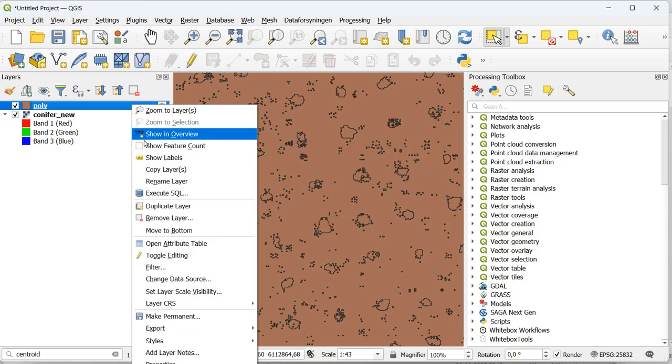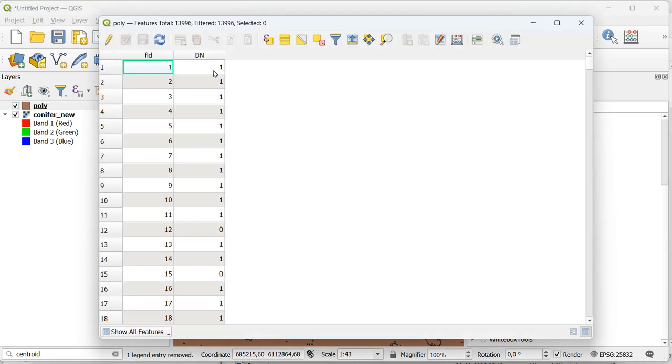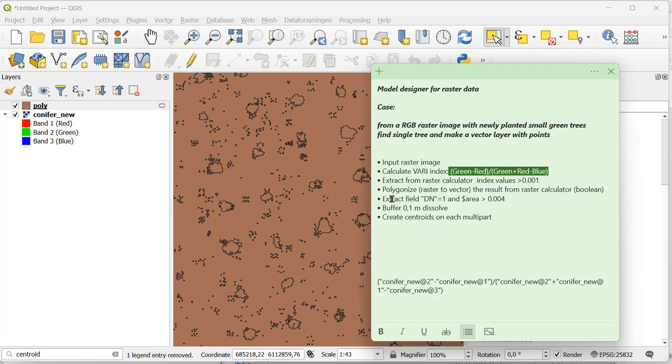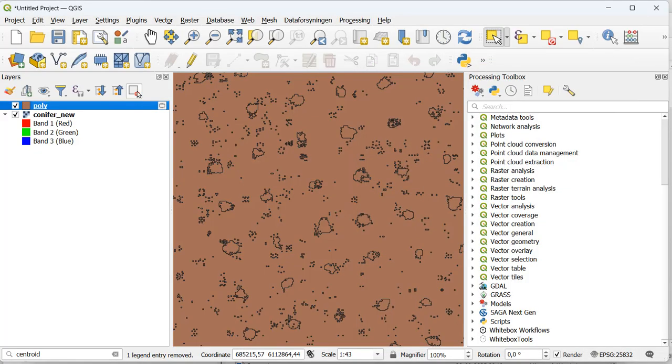Now you can see from the attribute table, I will get a lot of small polygons, some with DN equals 1 and some with DN equals 0. Now I want to have all the ones with 1, but only those with larger areas. I want to exclude all the small ones here. And that is why I want to extract DN equals 1 and an area larger than this value here. So out with this one,